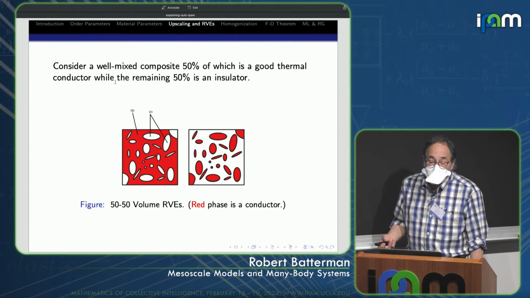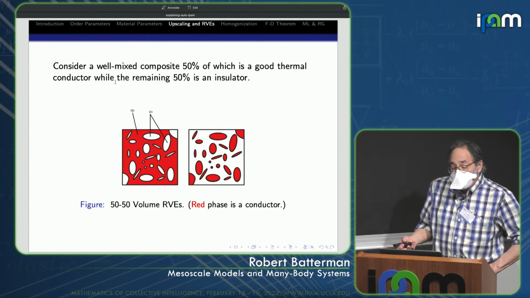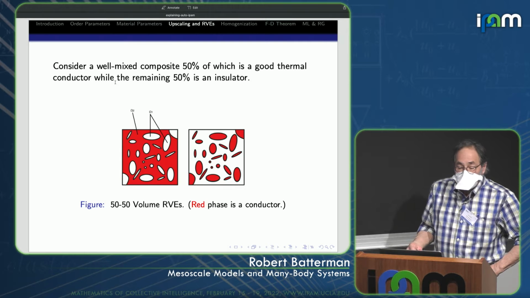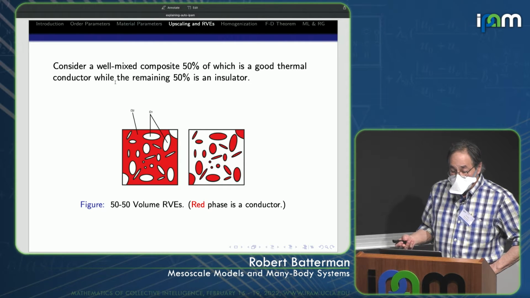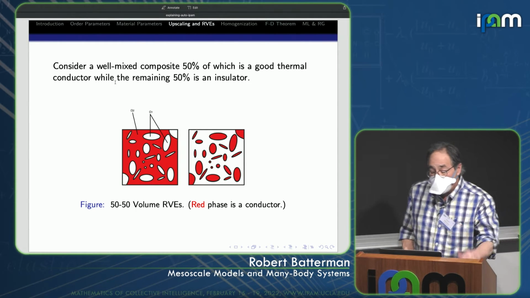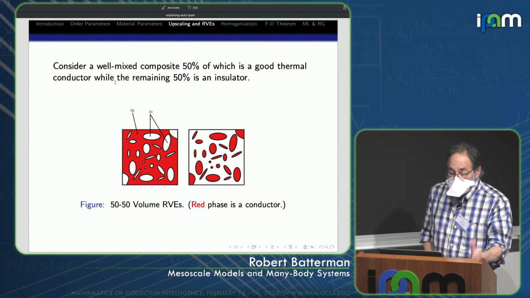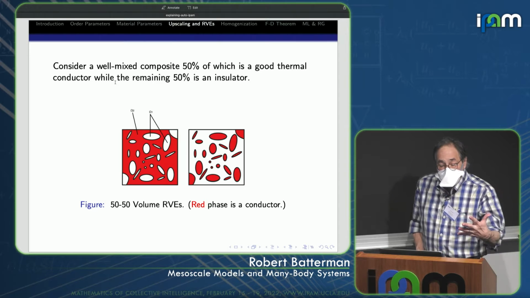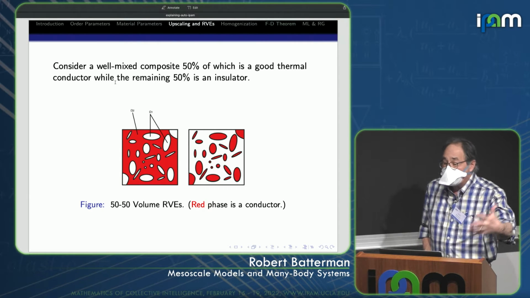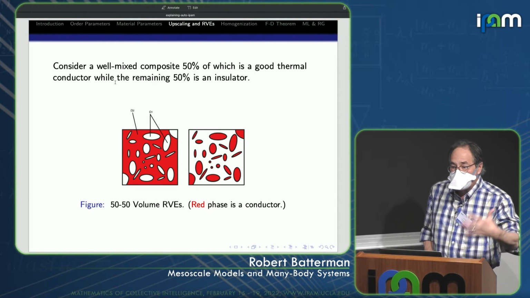So let's consider a well-mixed composite, 50% of which is a good thermal conductor and 50% of which is an insulator. And suppose the red phase is the conductor. And just think about the leftmost picture here. The difference here is that the red phase is the matrix phase and the white phase are the inclusions embedded